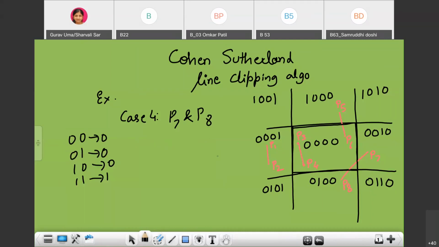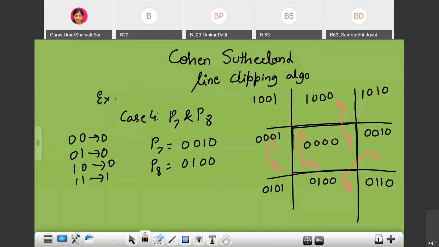The P7 code is 0010 and the P8 code is 0100. So now we know the two points have different codes.